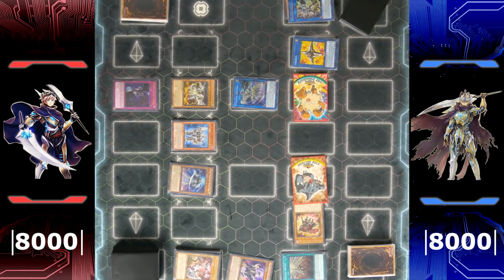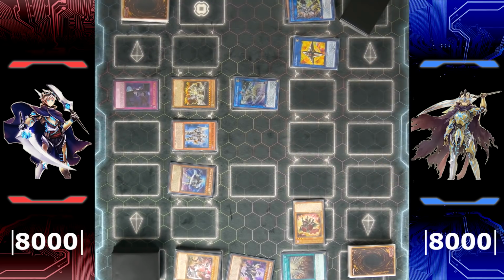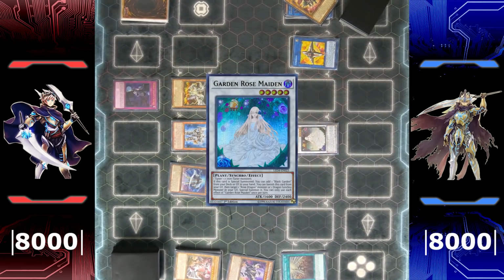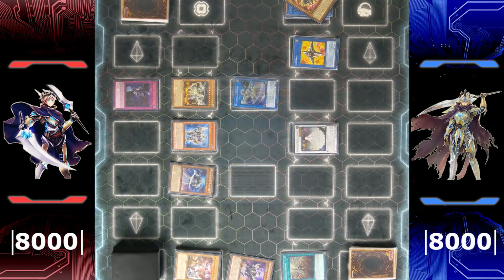And those just all seem to line up, as both the tokens and Red Rose would equal a level 5 Synchro monsters. They're going to be used for the Synchro summon of Garden Rose Maiden. Triggering the effect of Red Rose and Garden Rose Maiden, Black Garden can be added from the deck to the hand, as well as a Rose Dragon